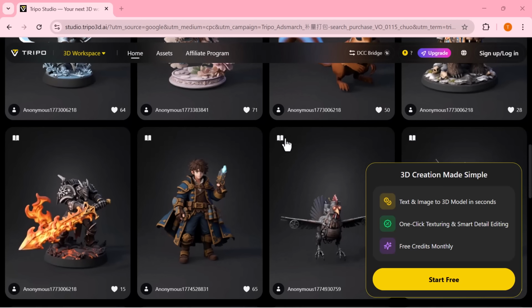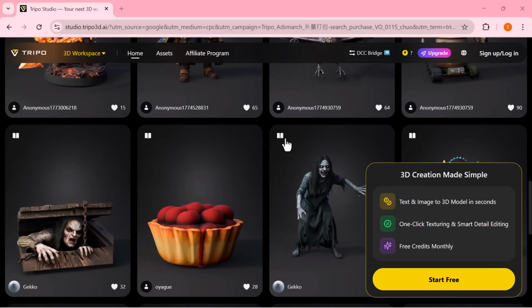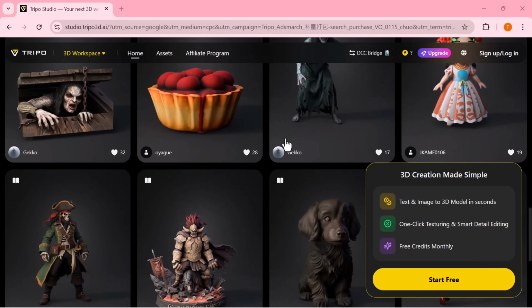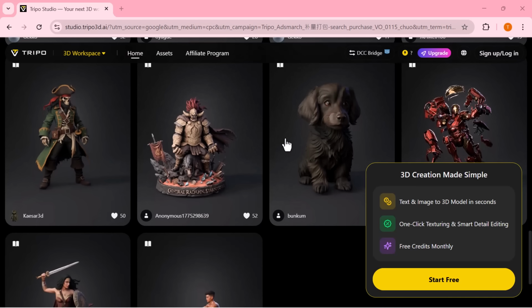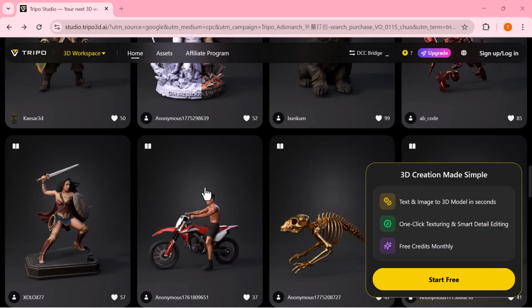We'll be generating models, comparing quality versus speed, adding textures, and even exporting them for real use like games or 3D printing. So let's jump in and see if this AI can actually replace traditional 3D modeling or if it's